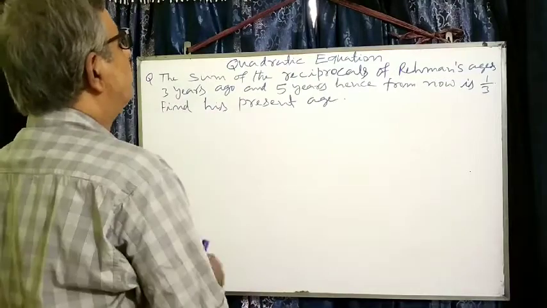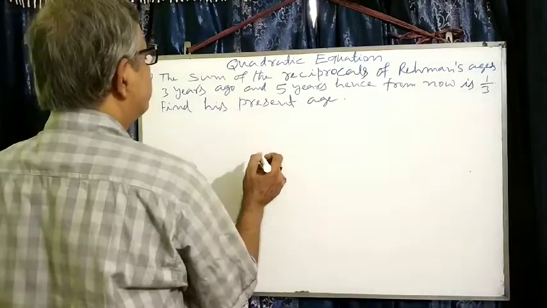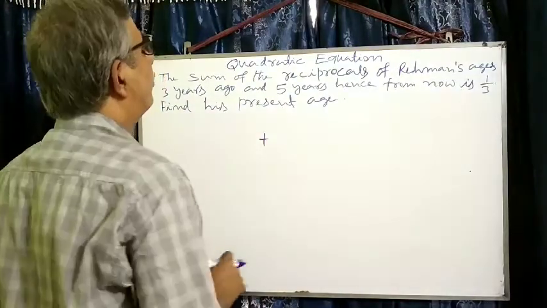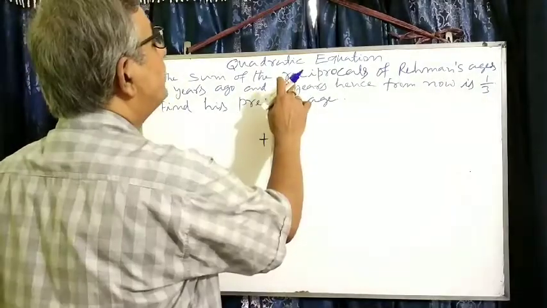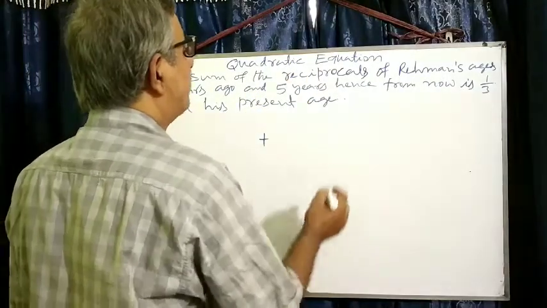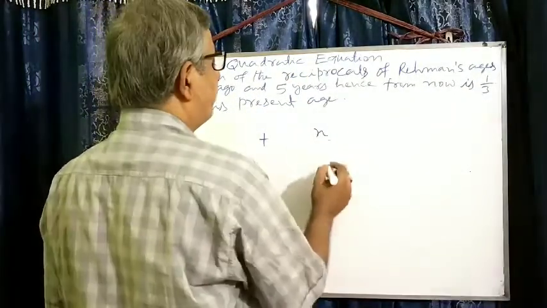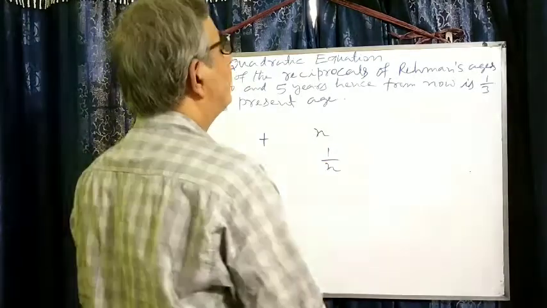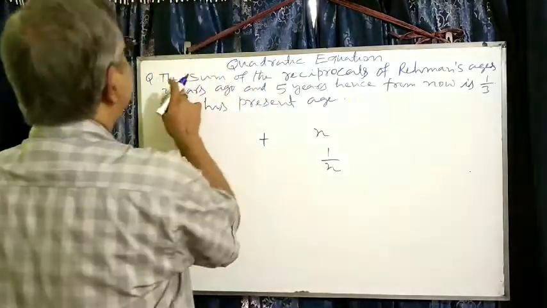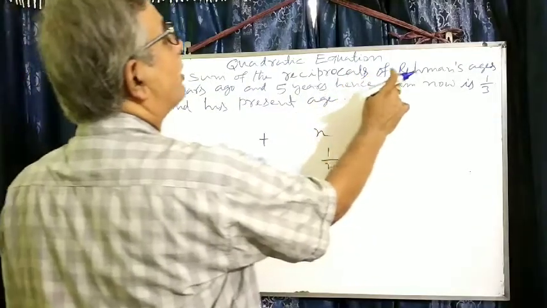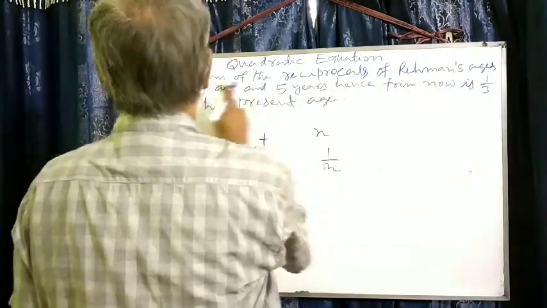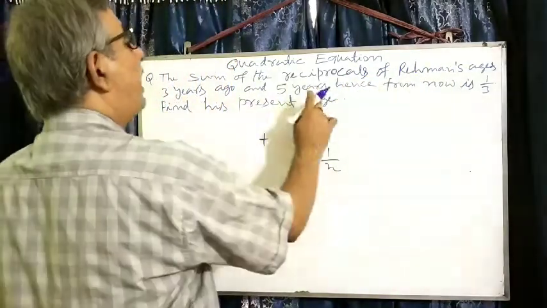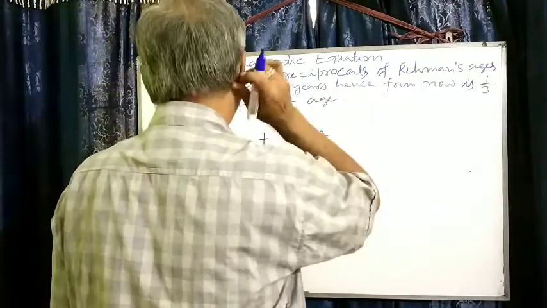Sum, you must be knowing. When your sum comes, that means what? This symbol you should remember. Reciprocals, that you should know. Suppose x is there, its reciprocal will be 1 by x. So the sum of the reciprocals of Rahman's age 3 years ago and 5 years hence from now is 1